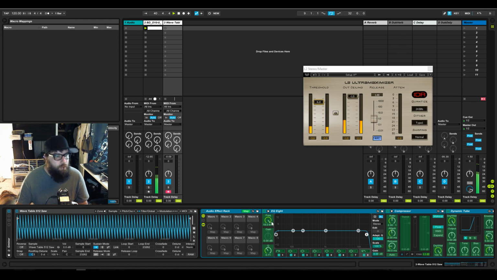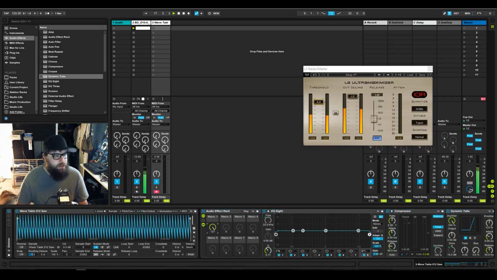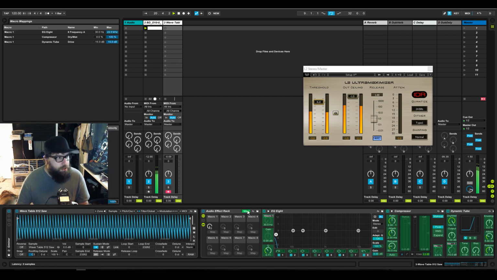So let's say I wanted to do frequency, map that to 1, and then dry wet, I want that mapped to 1, the compressor, and then I wanted the drive mapped. So what that does is that basically once it's mapped, it turns everything all the way down, right? But say you only wanted it a little bit or change it a little bit. So you would go up here to map, and then here is where you change your min and max values. So I only want the filter to the lowest to come here.